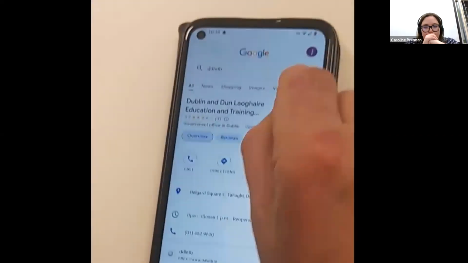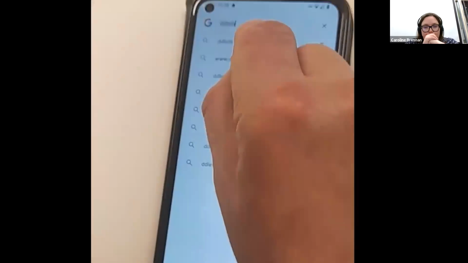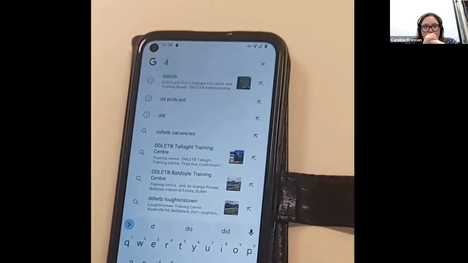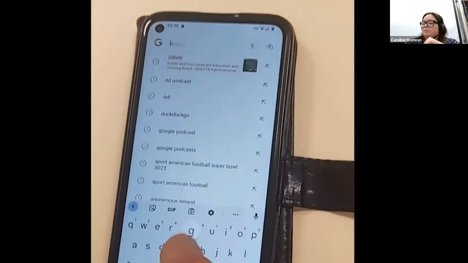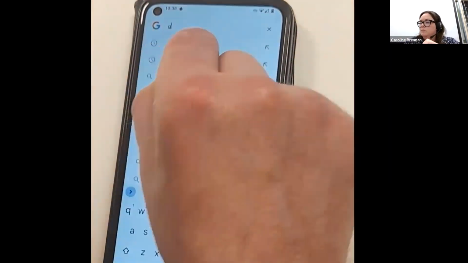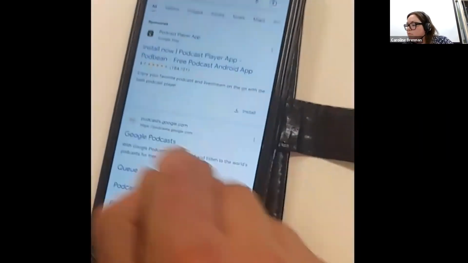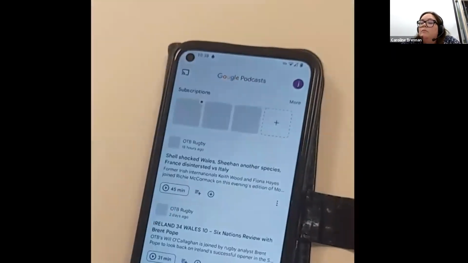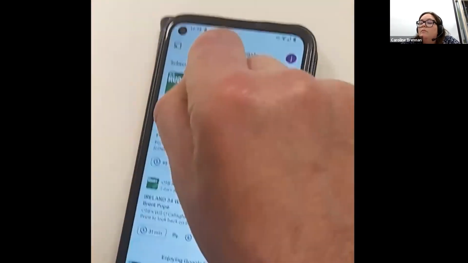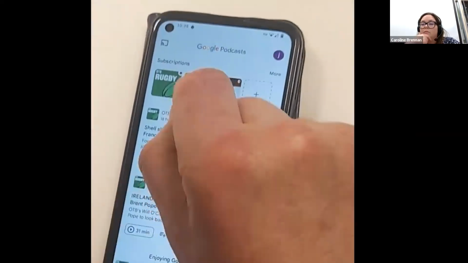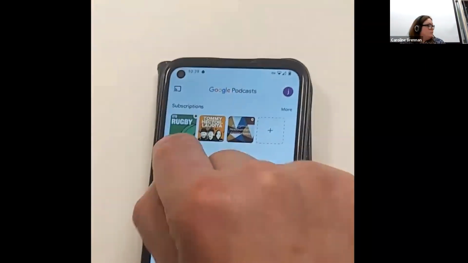So I'm just going to delete this here. I just tap on it there and delete this off here first. And now hopefully we will get Google Podcasts. So I'm now going to tap on Google Podcasts, and we're going to write in what we're looking for on Google Podcasts if we can. We have Rugby here that's come up,